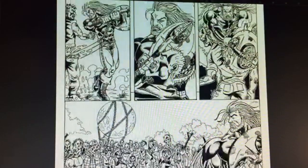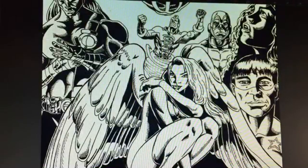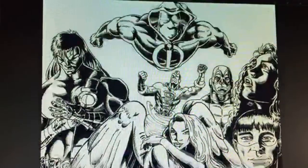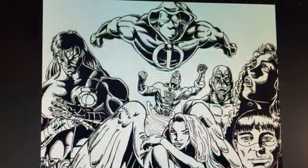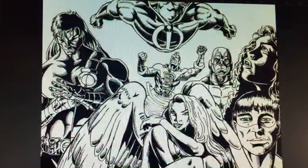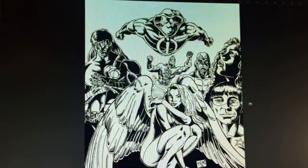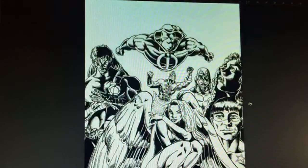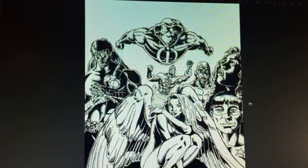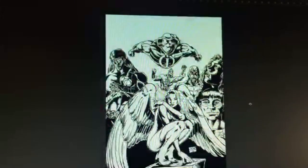Okay, so this is Tony's work. So now we kind of get it. I hope I'm safe in assuming as well that these are your pencils and inks. So let's go. This looks like a pinup or a cover. I would say right off the bat,